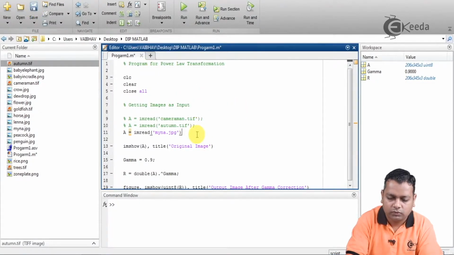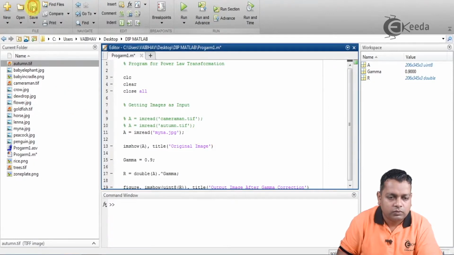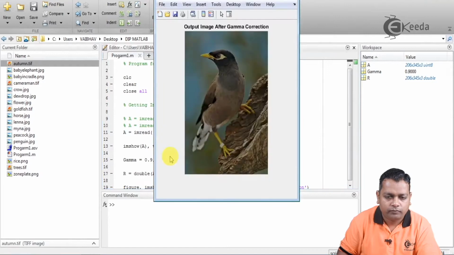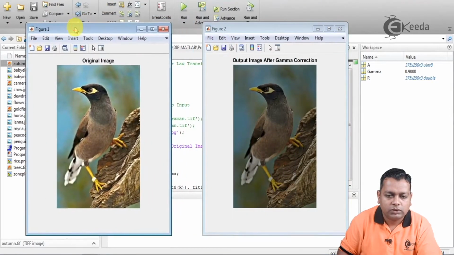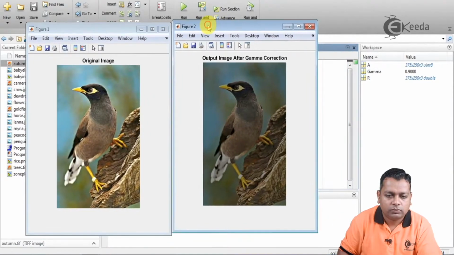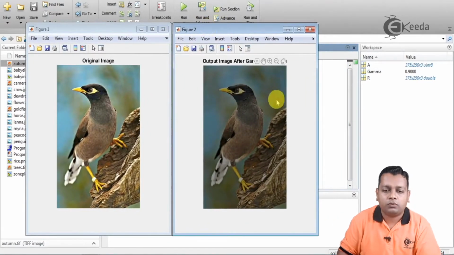Let us check what happens. We save it and run it. Yes, see, this is the original image of mana.jpg, and for the output image after gamma correction with a value less than 1, we obtain a darker shade.